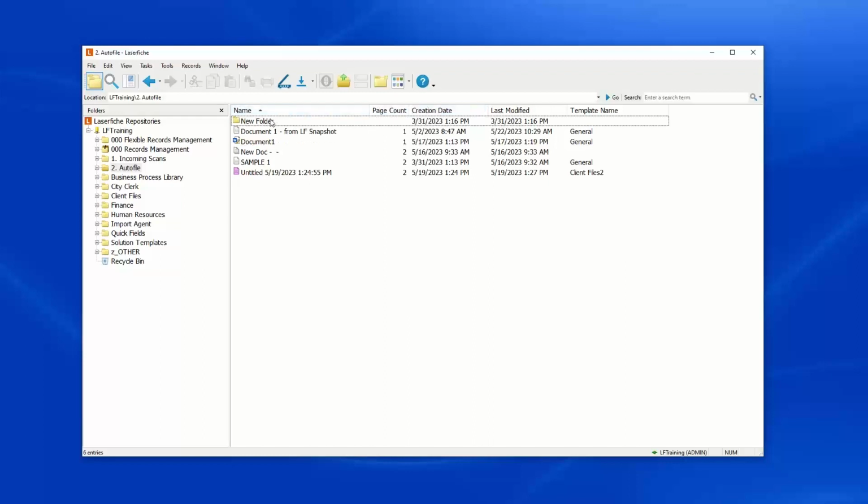By default, Laserfiche sorts documents and folders alphabetically, folders first, but you can change your options as you see fit. Down below, we have a status bar at the very bottom of the screen. Bottom right corner will show us who we are logged in as, and if our numlock key is on, that will be displayed. And if your caps lock key is on, that will be displayed as well. Down on the bottom left corner, we have an entry count. This will show us the numbers of folders and documents in that particular folder that we are in. So we can see we have 5 documents and 1 folder, and therefore it says 6 entries